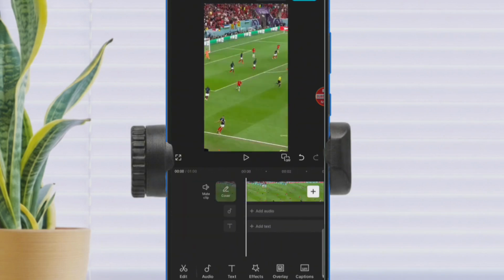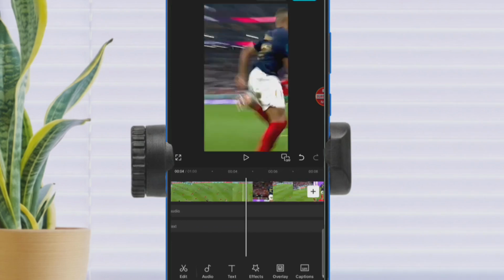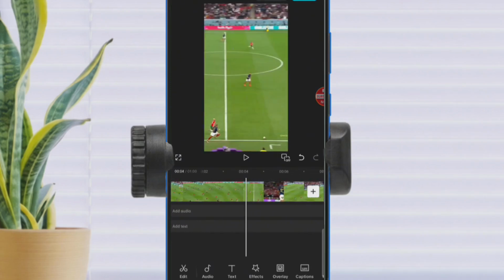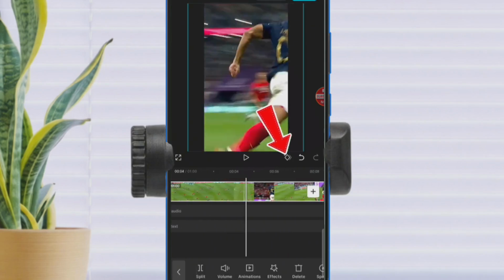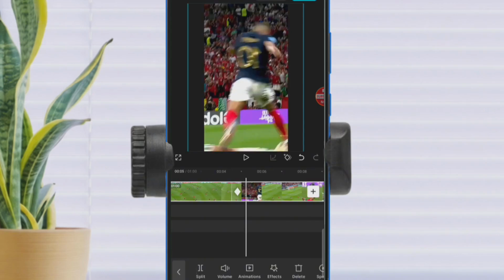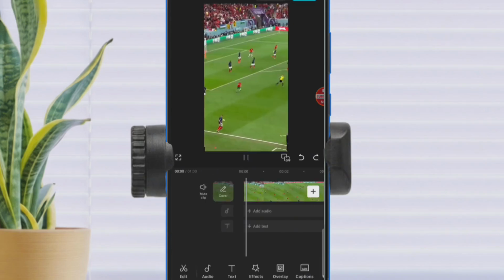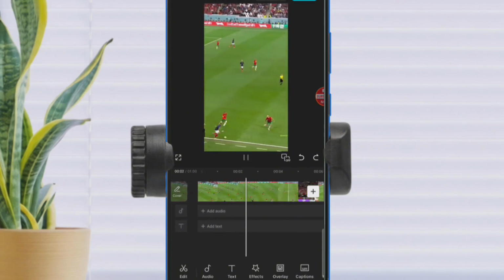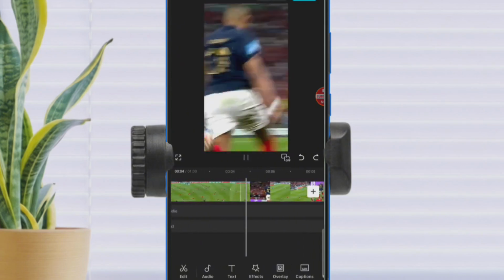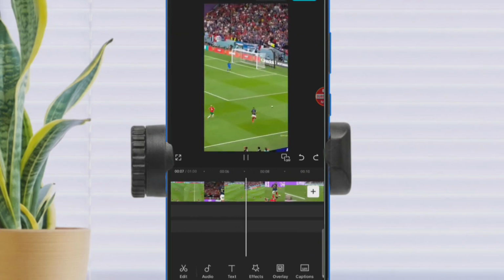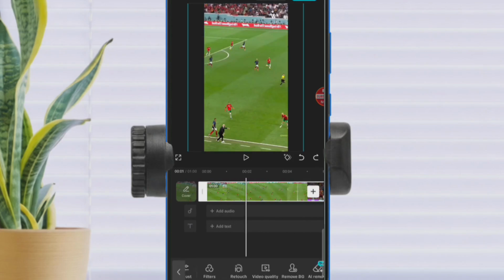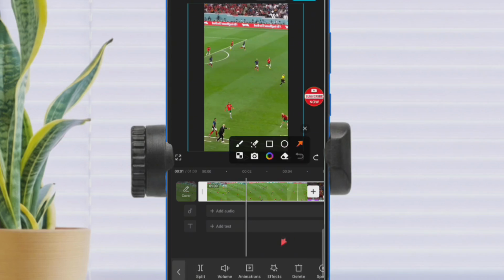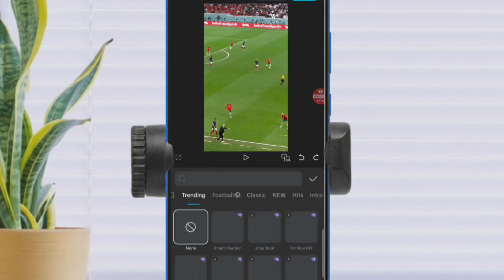If I like, I can have some camera movements on Mbappe. If I want to do that, I just need to use camera tracking or I use the keyframe. Okay, so at any point that I feel like using the keyframe, I can just move the cursor. And so the next thing which you want to do is to check for the sound and watch out for the video effect. Okay, so I need to change the video effect first of all, and to change that I need to go ahead and select the clip, scroll down below this section, click on effects, select video effects.